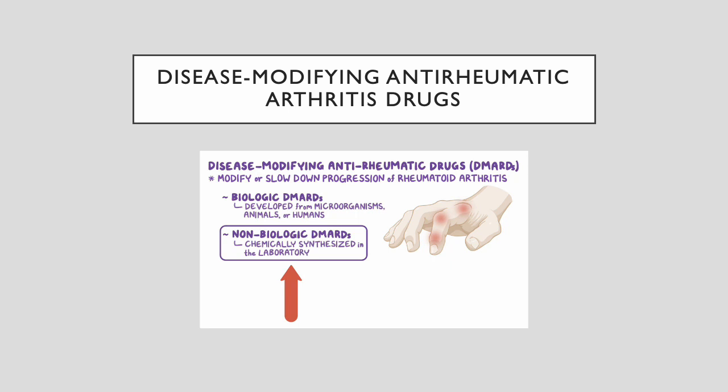Also, in the category of our DMARDs, there has been a very high prevalence of medication errors due to the dosing. So people will think this is a daily medication when it's actually only for once a week. So then there is a high risk of overdosing your patients. So not only is it important as the nurse to double check the order, but educating your patient, because they're likely going to be self-administering these medications at home, to make sure that they know the correct not only dosing, but frequency. So if you're only supposed to give this once a week, make sure that you're timing that out